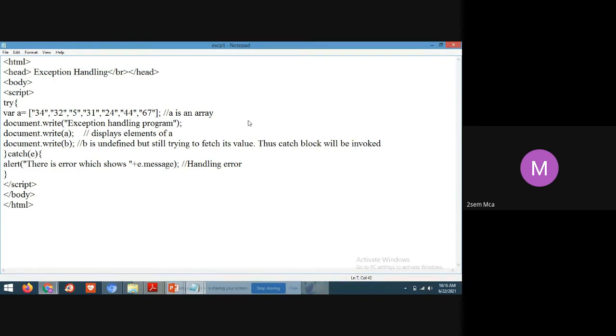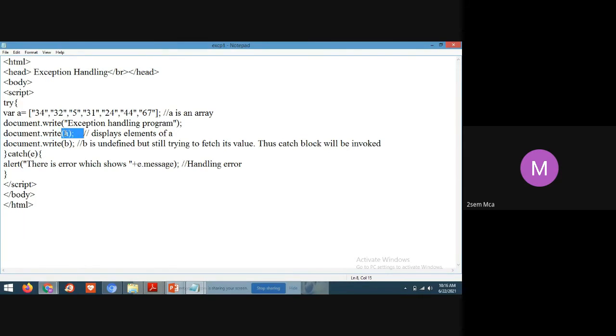Document dot write exception handling program. Next, you don't see the comment line, students. Later we'll see the comment line. Why do we use this document dot write line? To display the answer, the statements, or the output.